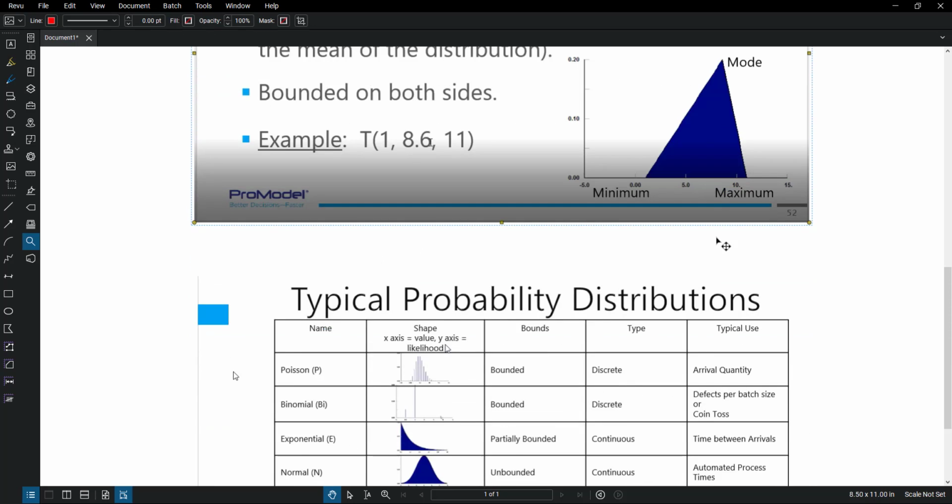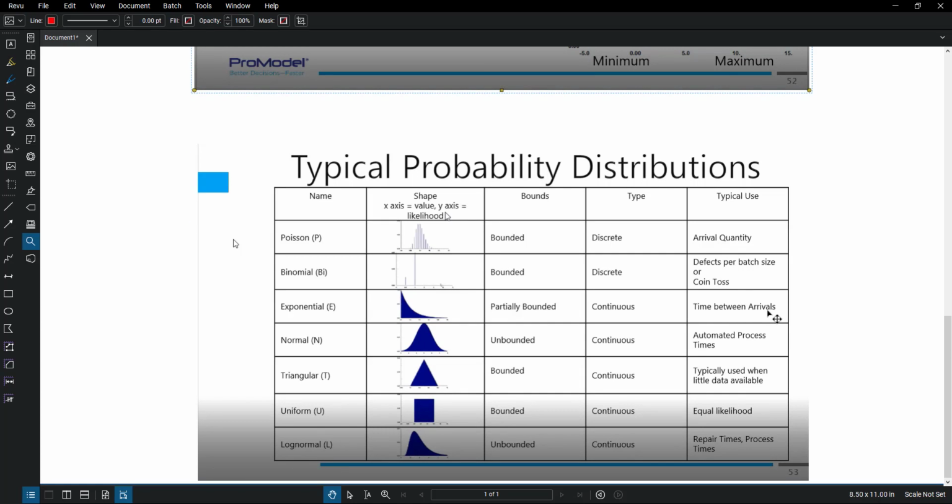Now, there are many other types of distribution available. We have the Poisson, we have binomial, exponential, which we already covered, a normal, which is an unbound bell curve, the triangular, the uniform that we covered, and the log normal. So all of these probability distributions allow us to give different time captures for our machinery according to the math that makes most sense. Now, getting back into our model,